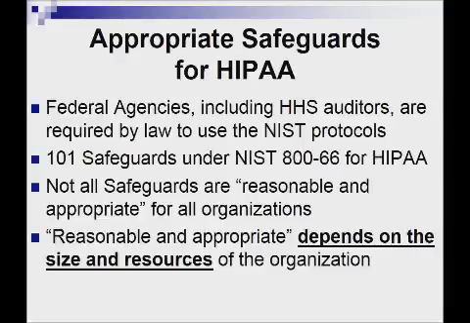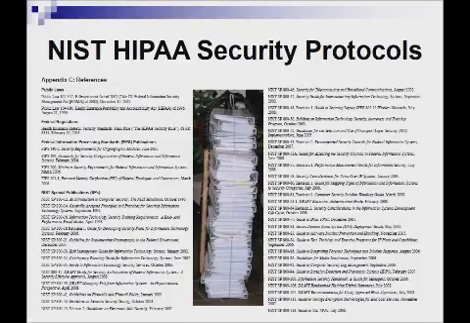However, all federal agencies, including HHS auditors under HIPAA, are required by law to use the NIST protocols. There are 101 possible safeguards for HIPAA-regulated organizations under NIST 800-66. Not all of these are reasonable for all organizations. The current version of the HIPAA security rule, page 5589, explicitly states that appropriate depends on the size and resources of the organization. While NIST 800-66 and its associated references are well written and extensively documented, they are not user-friendly